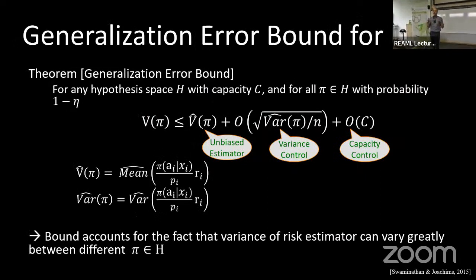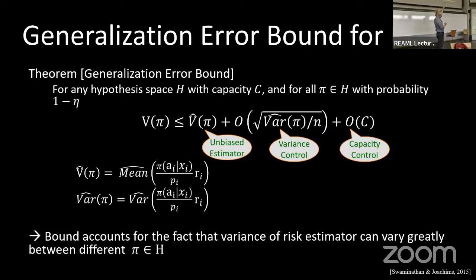If you actually try to derive generalization error bounds for this case, and you want them to be suitably tight, you actually get an additional term in them. You may have seen these statistical learning theory bounds, uniform convergence type bounds, which say the true value of the policy, if I optimize over some policy space, is less or equal than what I get on the training set that's potentially overfit.